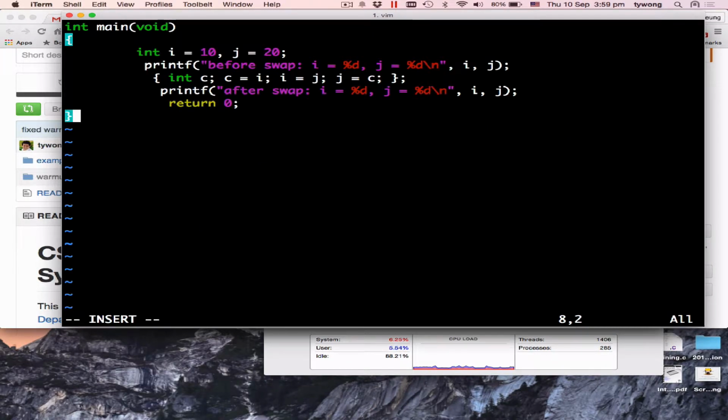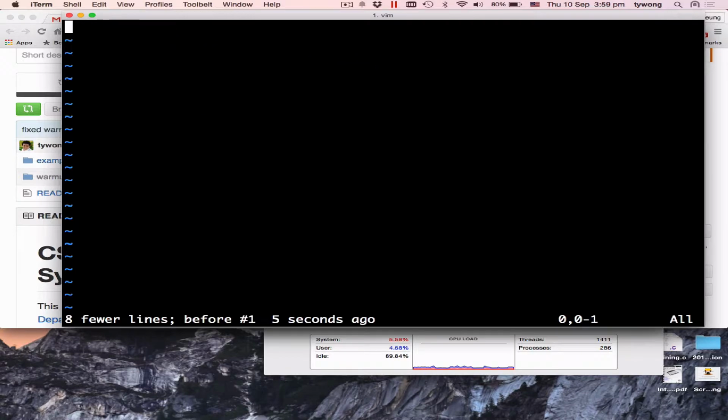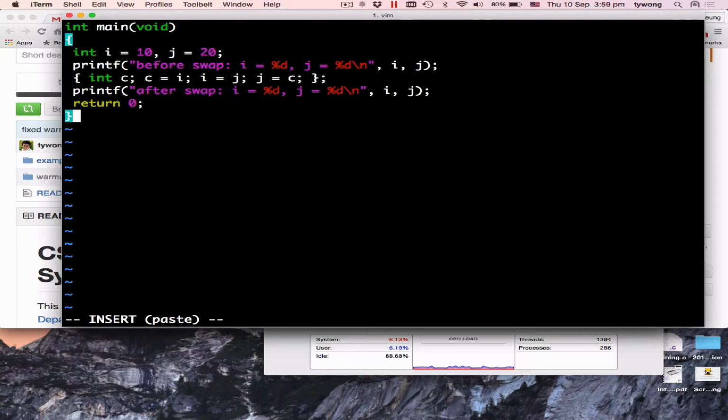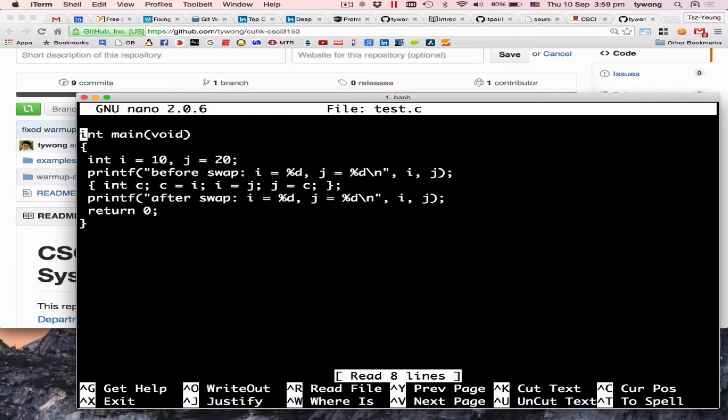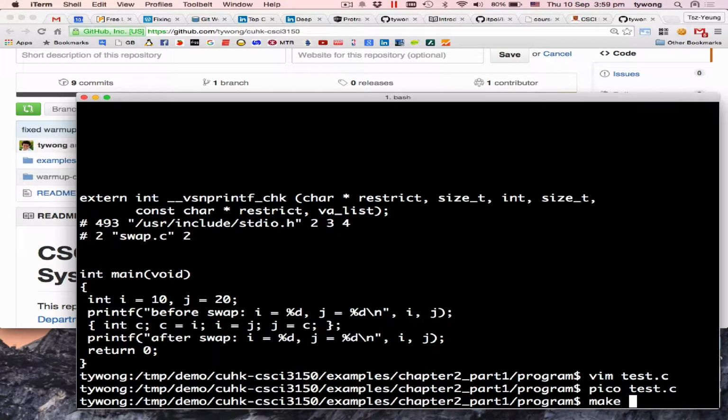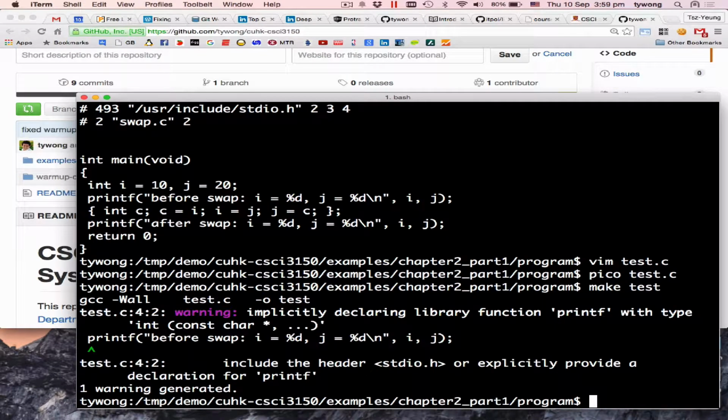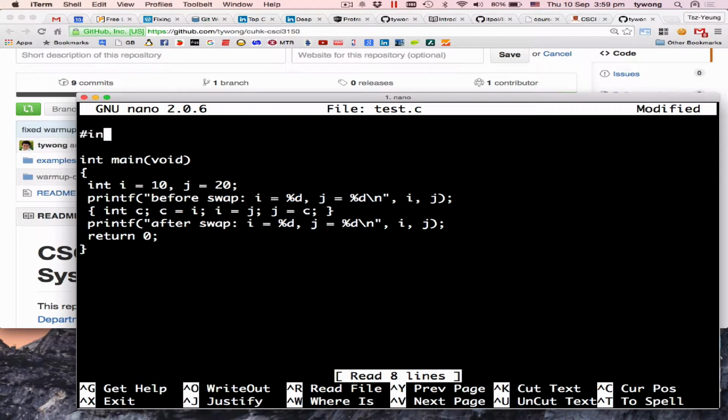Okay, so there's the test, oh, ugly, yeah? Do set paste. Okay, insert. Okay, so the color is bad, right? Can you see the color? A little bit better. Okay, so maybe I use another editor. This is good, right? No color is good. So I remove this. Can it be compiled? There's a warning. Why is there a warning? Something is bad here. I forgot to include.